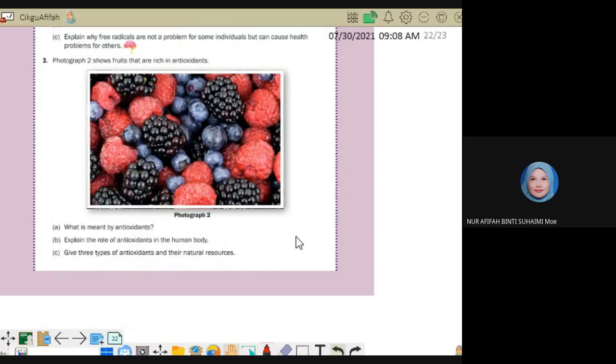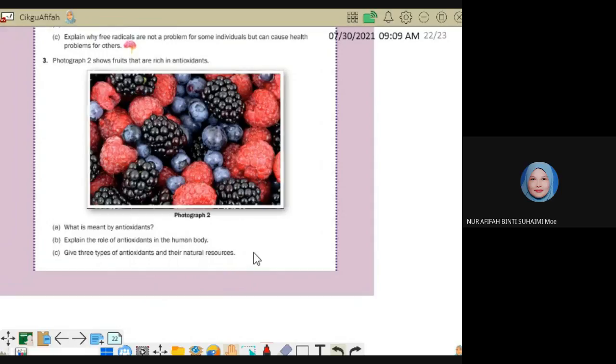What do you usually remember? Vitamin C. Vitamin E. Choose one more. Beta carotene. Beta carotene is also found in cooking oil, in palm oil fruit. And then we have lutein. Lutein is from green plants, green leafy vegetables, broccoli, spinach, bayam. Another one is lycopene, from fruits like papaya, watermelon, cranberry, the sour kind. Strawberry, cranberry, blueberry, all the berries. So list just three types.